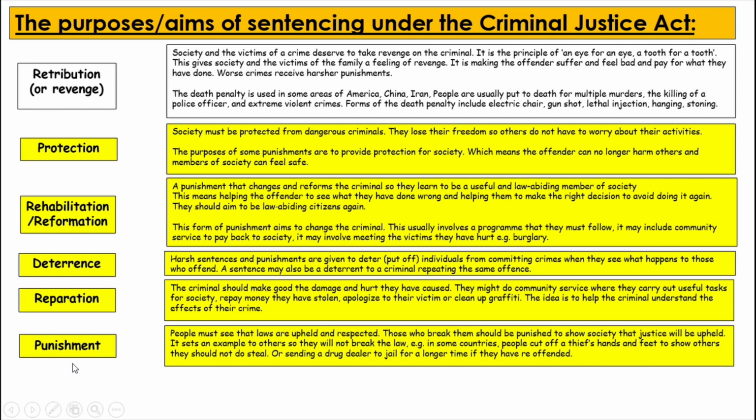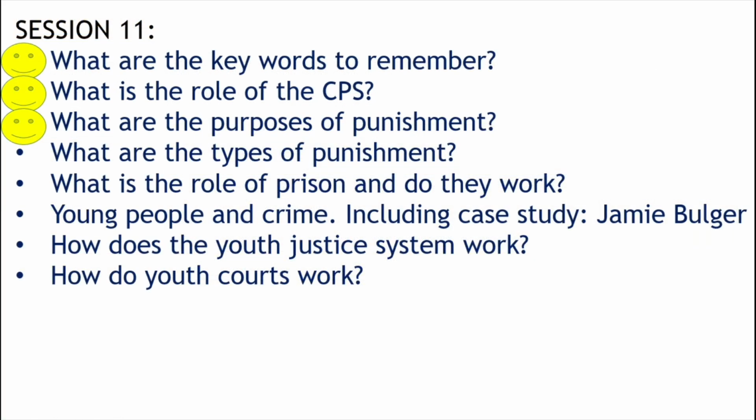And have an understanding that these are the purposes of sentencing that is identified in the Criminal Justice Act, showing us that these are the reasons why sentencing exists in the UK. So whilst it's important that you do know all 6, the most important of the 6 are the 5 that are highlighted. We've come to the end of this part of the session where we've looked at the purposes of punishments. We're now going to look at the types of punishments that exist.